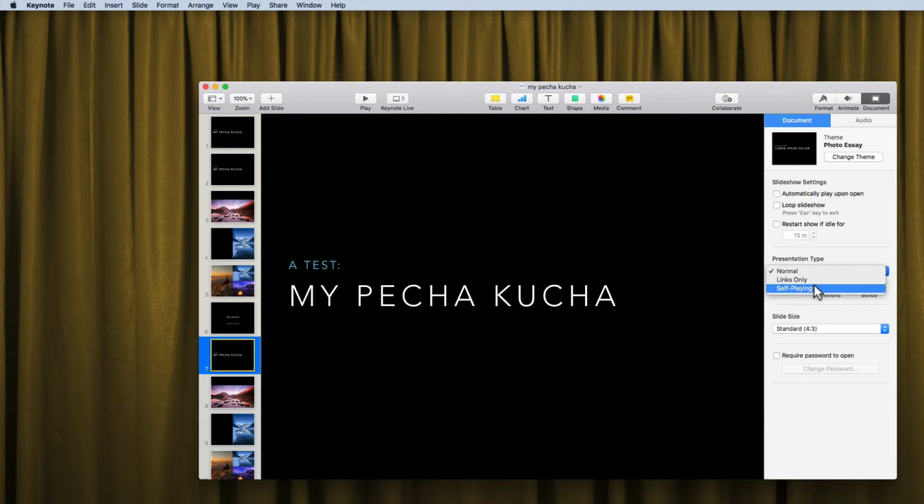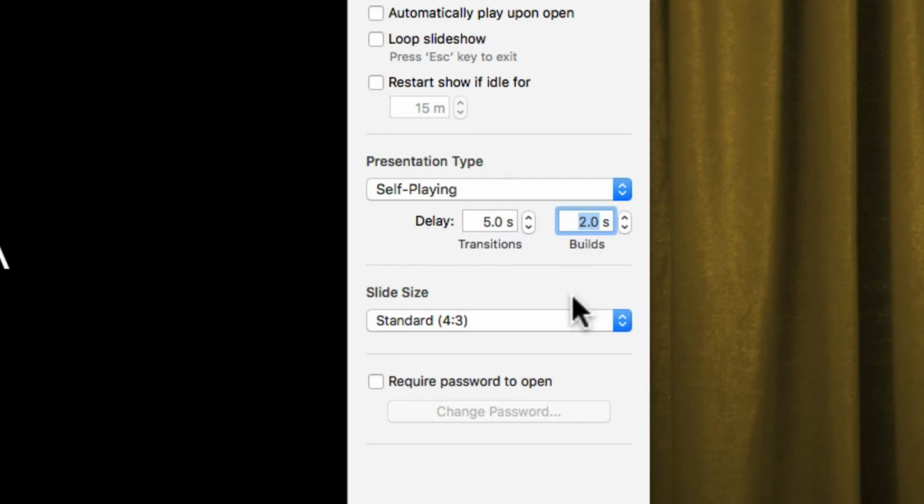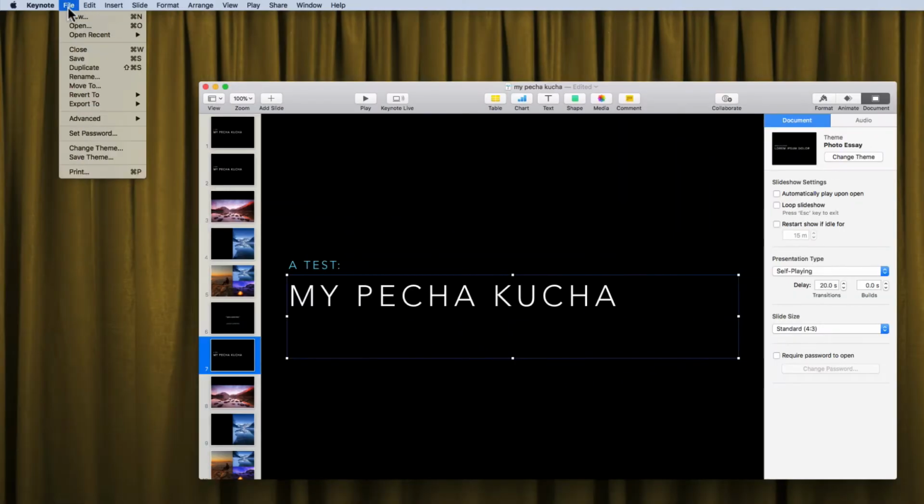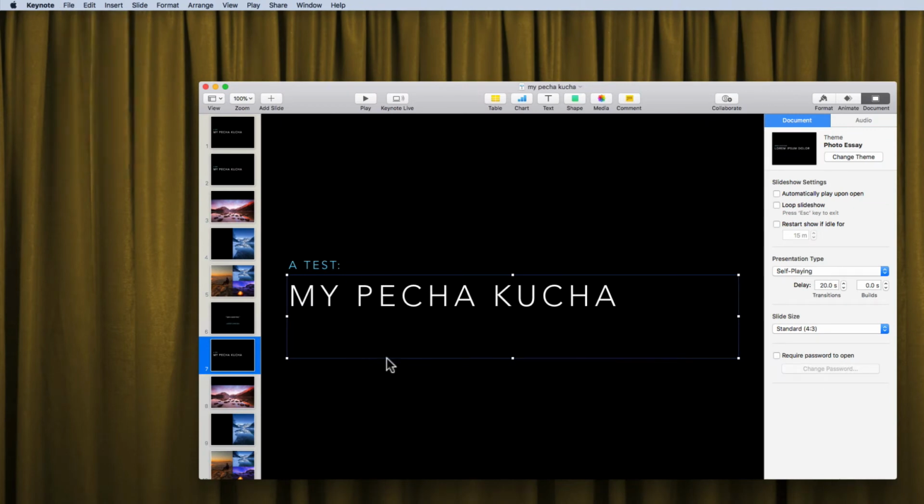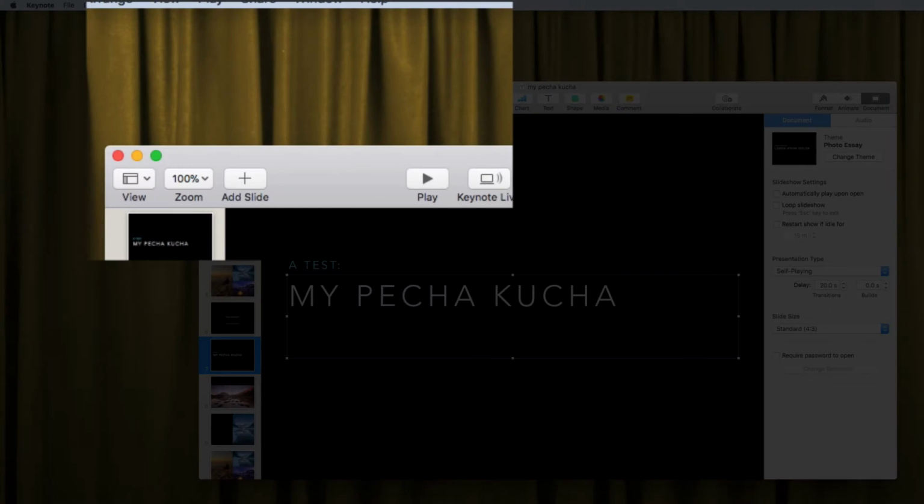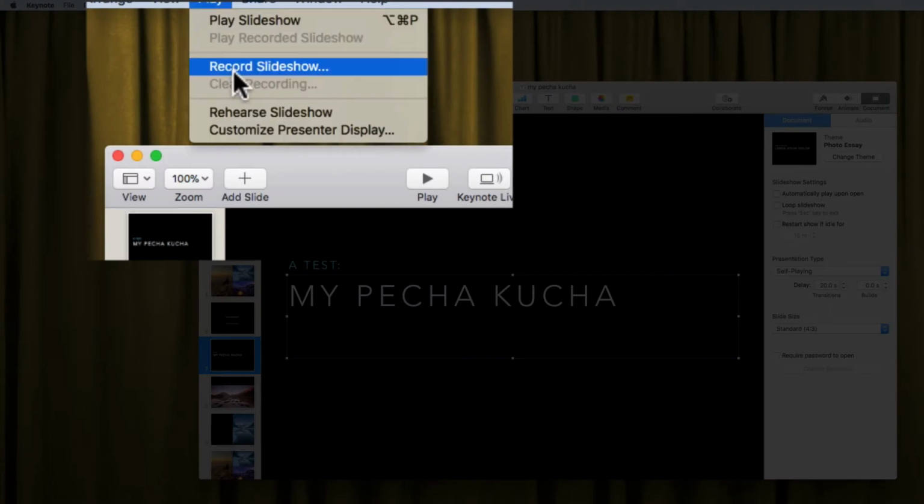It is a self-playing presentation is what we're going to want to do. So that'll give us these timing options. We will take off any builds, so 0 seconds. And for transitions, we'll do 20 seconds of delay between transitions. So that should make every slide go by in 20 seconds. So we can then save that. And all we have to do now with the Macintosh is go to Play, Record Slideshow,